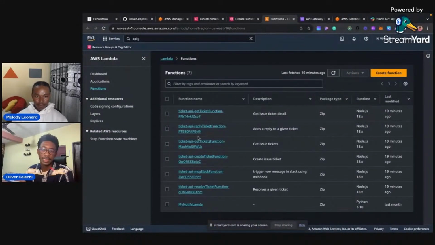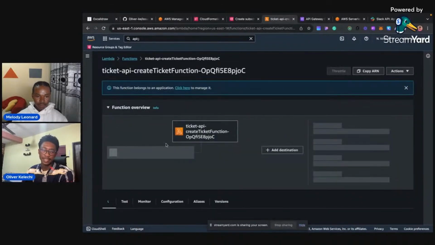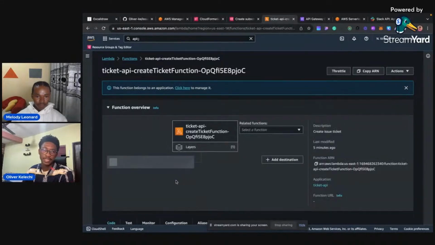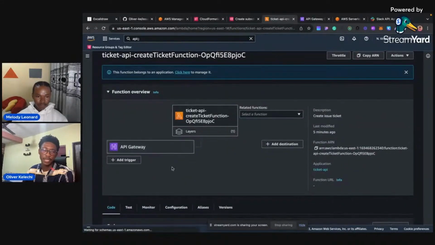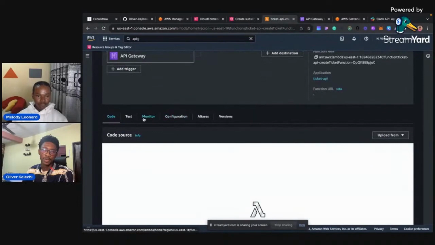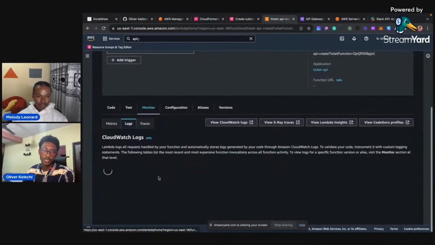All right, so when we go to a given function, like the create ticket function, which is down here, you see ticket API creates tickets with some random ID. You just click through it and you can see that this is the exact function, because you can see that the trigger is actually API Gateway. Right. So once you go under Monitor and you see Logs,